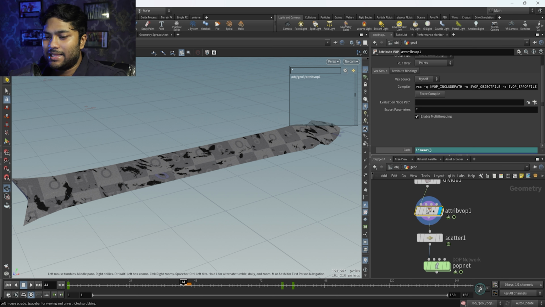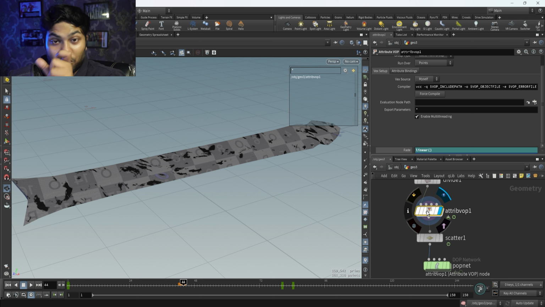Now what I'll do, I'll get into the attribute wrangle, and I'll add one parameter, that name is ramp. Okay, that is the ramp parameter. With the help of the ramp parameter, we are going to just select the edges of the noise. With the help of the edges of the noise, we will only emit our particles. Okay, how we will do that?